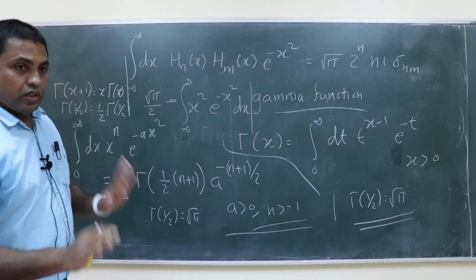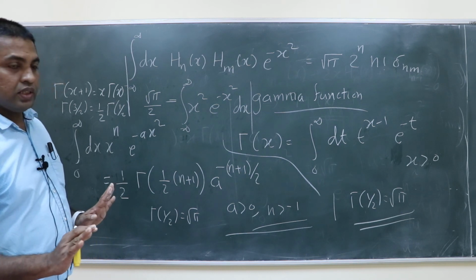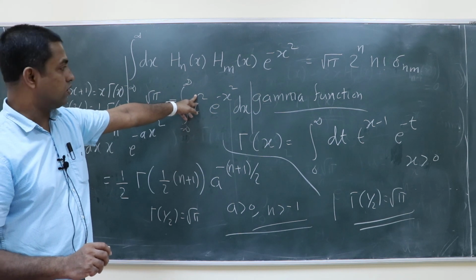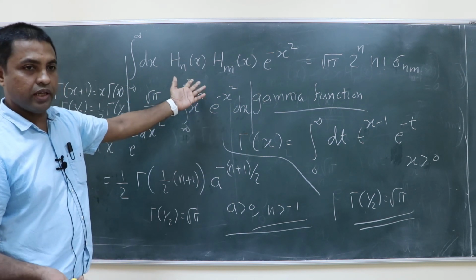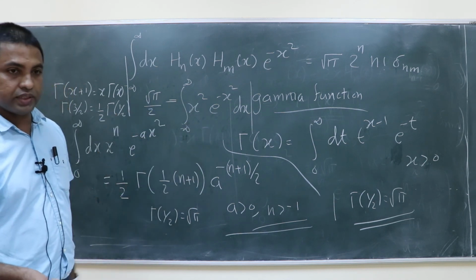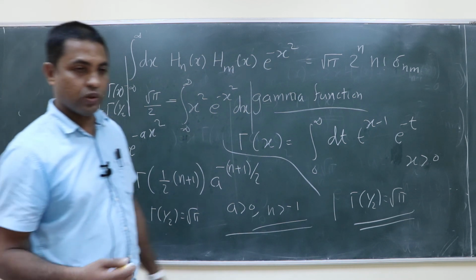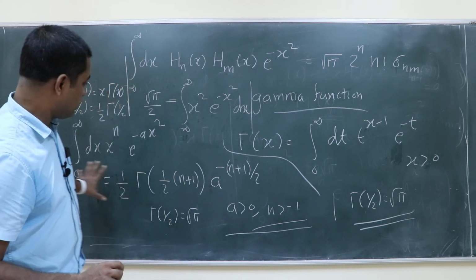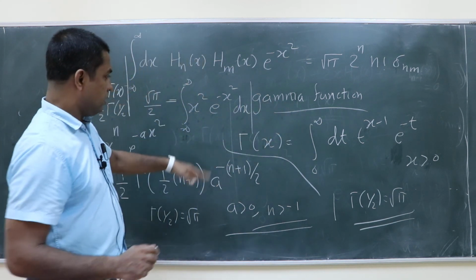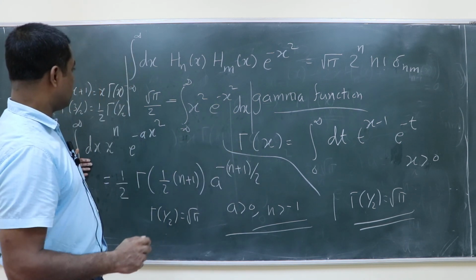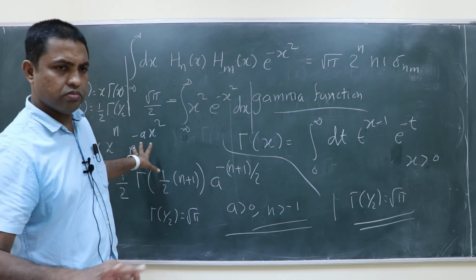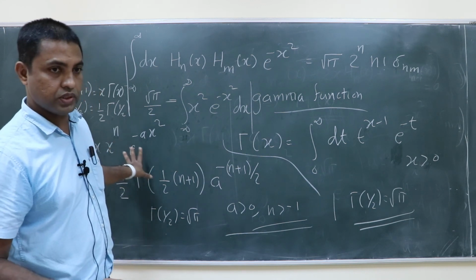But you go and do that, because if I ask you to do x power 4, you can actually use the gamma integral to get the answer. You don't have to do the UV method or anything else. So this gamma integral is a very useful formula. It comes from the gamma function. I only just said how to get that answer, but you work it out and clearly get the answer from this.